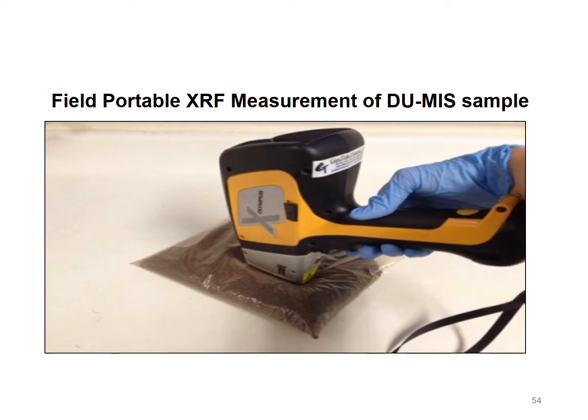So we might take 10 to 20 XRF readings on this side of the bag, then flip it over, take another 10 to 20. These readings are recorded, and we can average those 20 or more readings of the XRF to come up with a screening value or a screening number for the metal of interest for that decision unit. And we found that these have been used to great effect in initial screening efforts, especially things